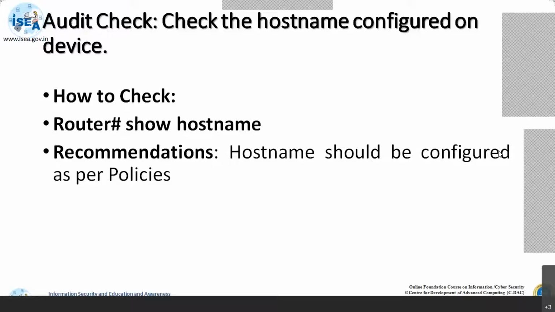So, as per the organization's policy. Neha ji, correct? Neha Yadav. And what else? It should be configured as per your organization's policies. It's not that because it is a Cisco device, you give Cisco something hyphen switch, or Cisco one switch hyphen the location name. Never reveal your organization name or the make and model of the device. Always stick to your organization's policies. If you want to check, you have to use this show hostname command.